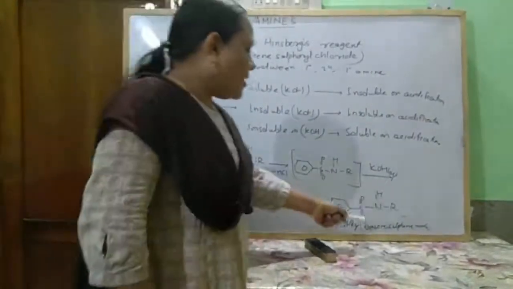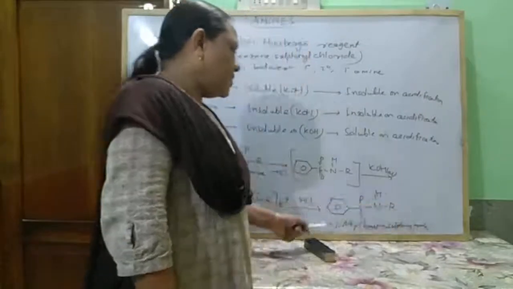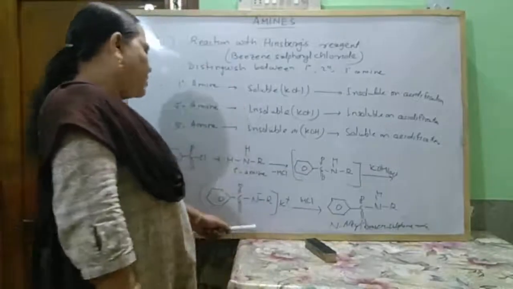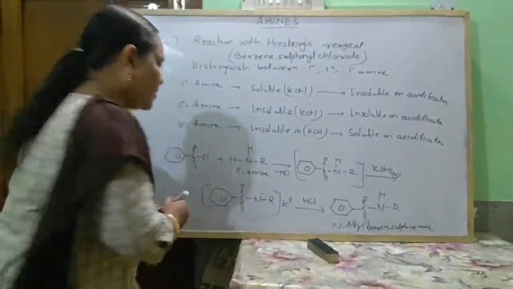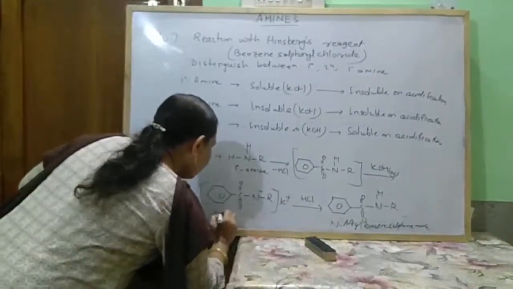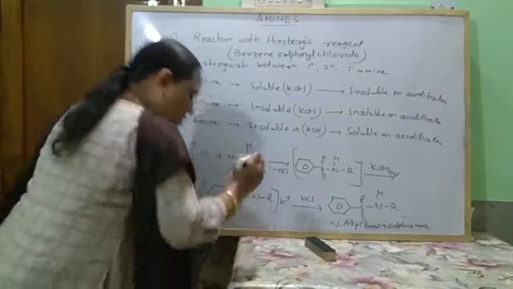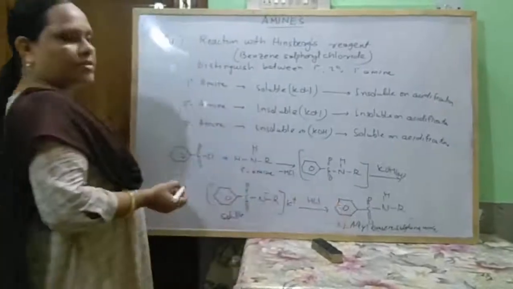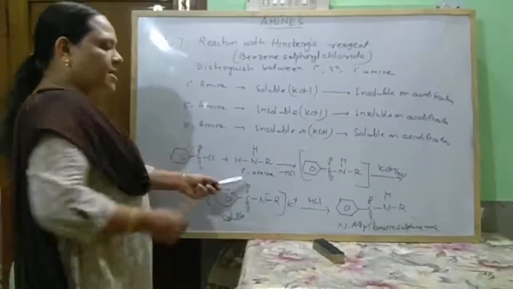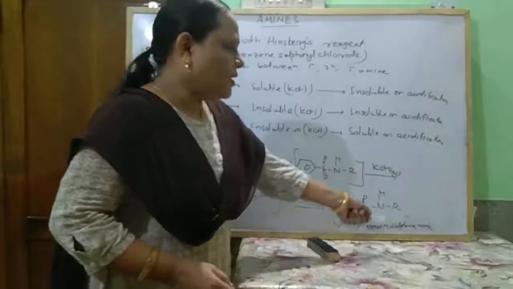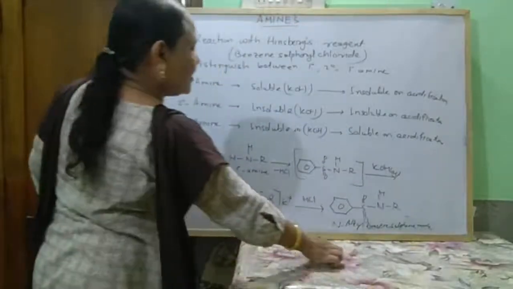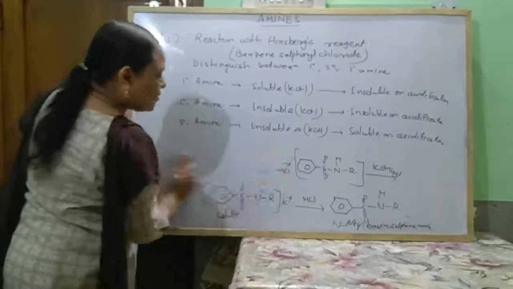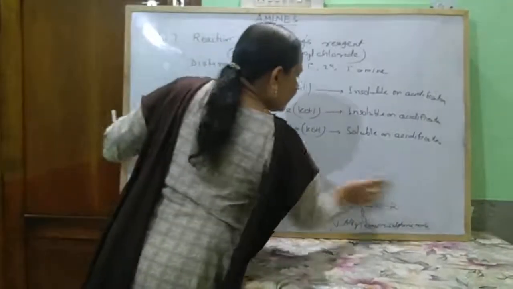This is N-alkyl benzene sulfonamide. So this is insoluble in acid medium. This is soluble in alkaline medium. This one soluble, and this one insoluble. This is primary amine. It forms N-alkyl benzene sulfonamide. Similarly, when we consider secondary amine,